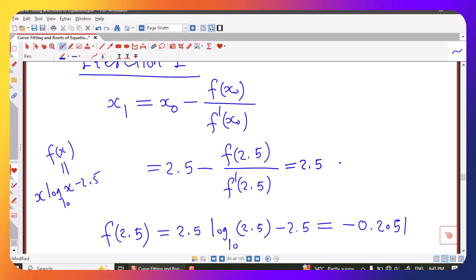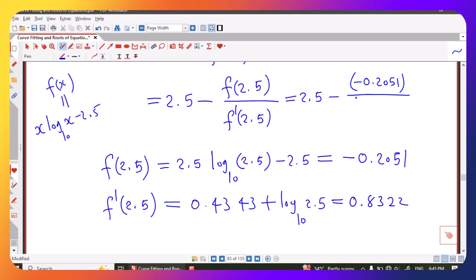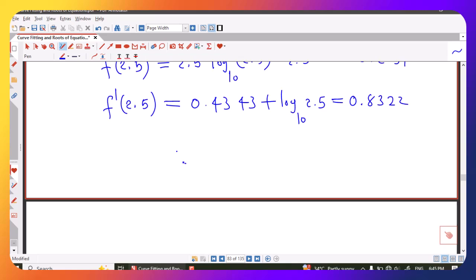X0 as it is, minus f of 2.5 is minus 0.2051, f dash 2.5 we have obtained as 0.8322, and finally we find that our x1 is 2.7465. So value of root in the first iteration is 2.7465,